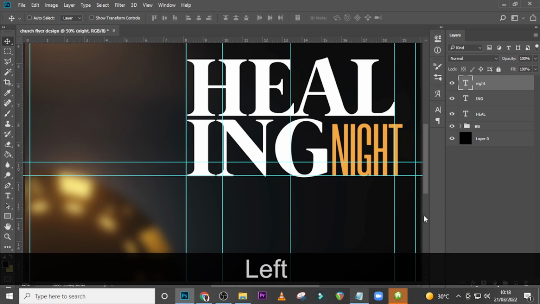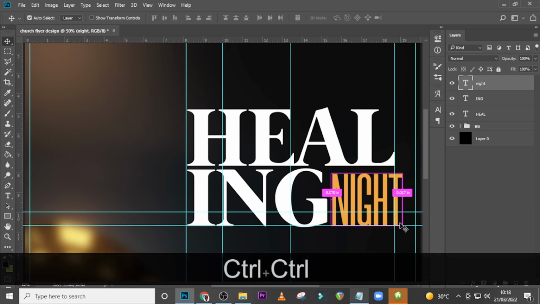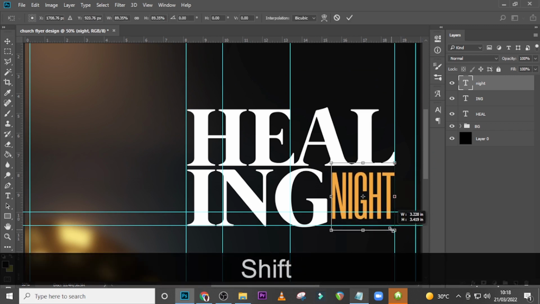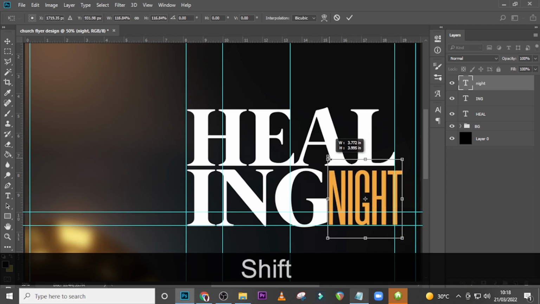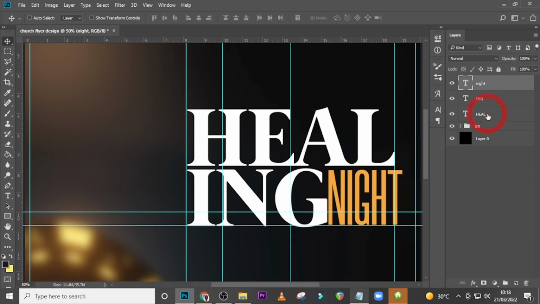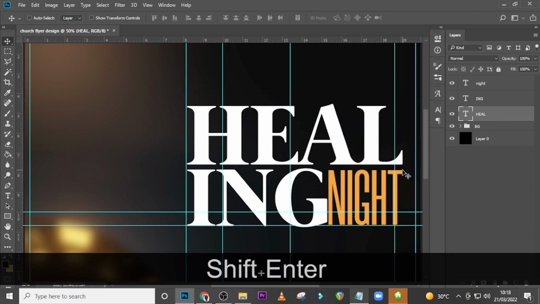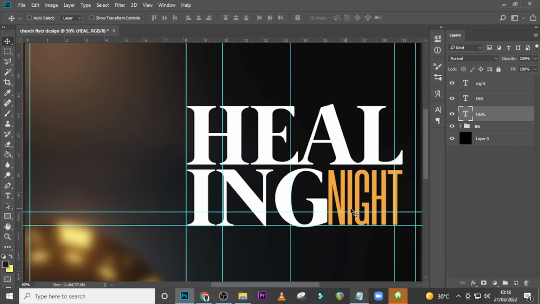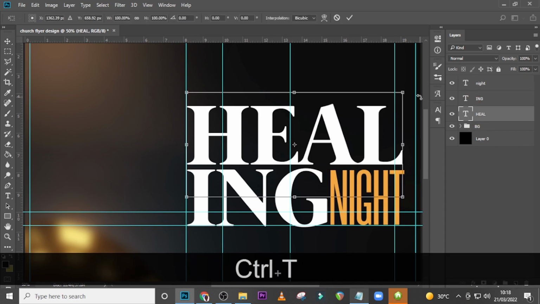Okay, so now you can see there's something wrong over here. You can see that it sticks over here. I could reduce this to fit in, but then I'm going to end up sacrificing the size under here. So what I'll do is that I'll just make it big like that, having almost the same length and stuff. Then with healing, I am going to increase the size just so it matches with this. So all I'm going to work on is the healing, just to match it. In fact, I'll bring here a little bit, and that means that I need to resize the healing also to